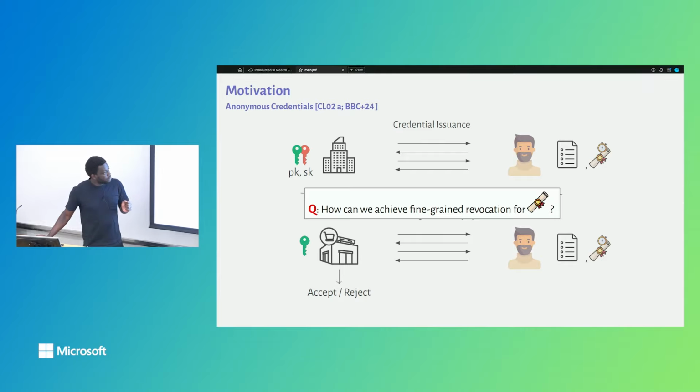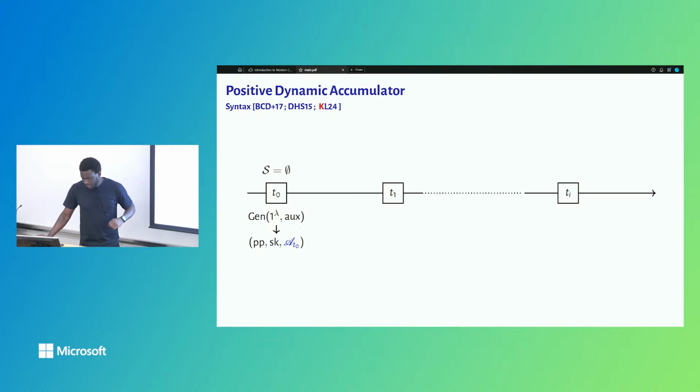And now I'm going to present a cryptographic primitive that will allow us to do exactly this. Right? And the primitive in question is going to be a positive dynamic accumulator. And briefly, what a dynamic accumulator is, in this case positive, it's a tuple of algorithms where in the beginning you have this gen algorithm that will take the security parameters and some auxiliary information, and it will output the public parameters, a secret key, and an initial accumulator value,